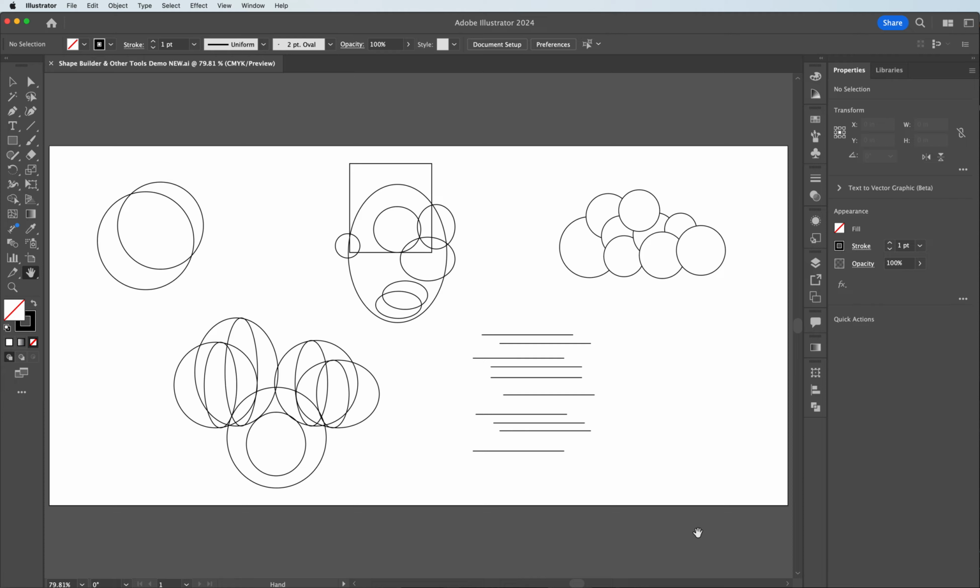Welcome. Today we're going to be taking a look at the Shape Builder tool in Adobe Illustrator. Before we begin, I've already created a document with a number of different shapes compiled together to create a couple of various images. We're going to be starting out on the top left side where we have the two circles